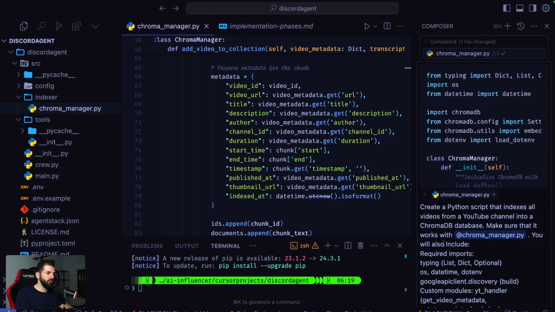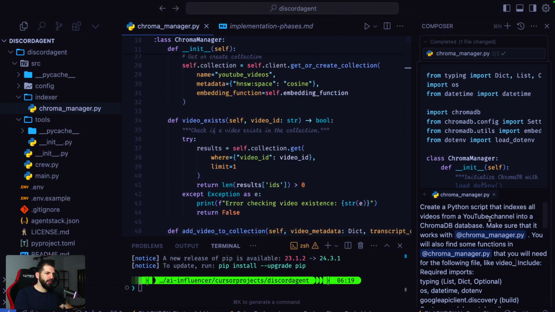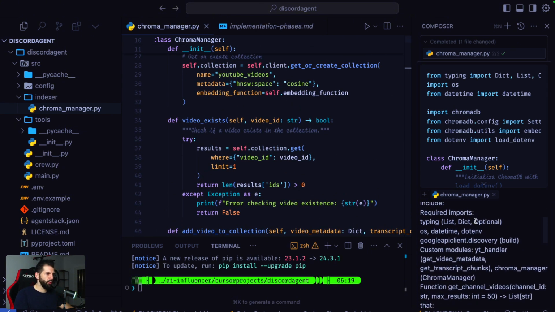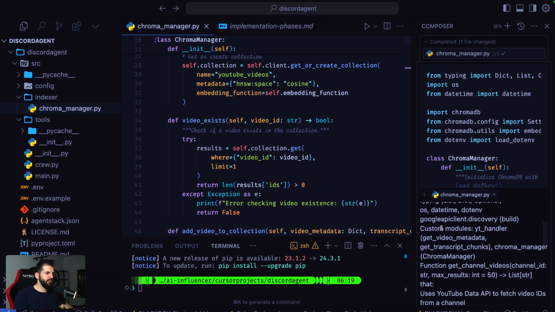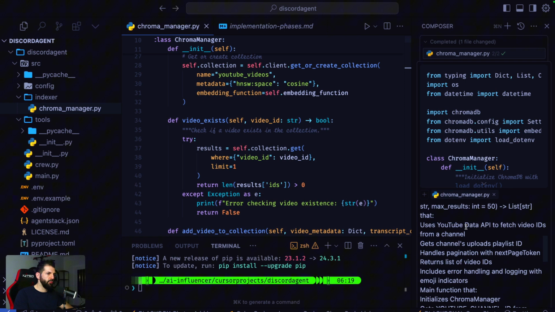You will also find some functions in Chroma Manager that you will need for the following file. Like video exists. What's it called? Video exists, I believe, right? Video exists. Include: